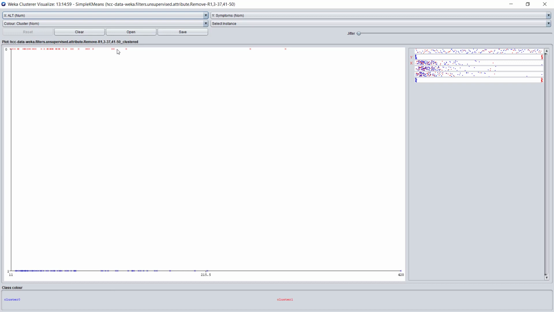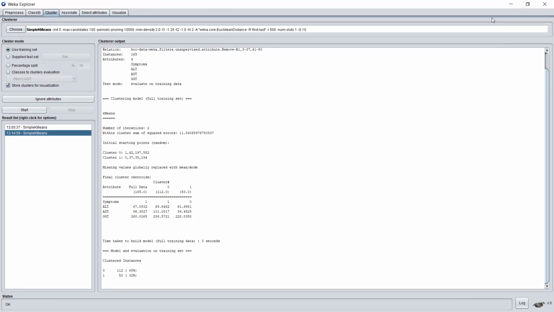We did here a very common mistake. The mistake is that we included the symptoms attribute in the clustering process itself. And this attribute is actually nominal, having only 2 values in a very clear and clean way. So no wonder the computed clusters got aligned with this attribute. What we need to do is go back and state here with this button which attributes to ignore. I will select symptoms and rerun the clustering process.